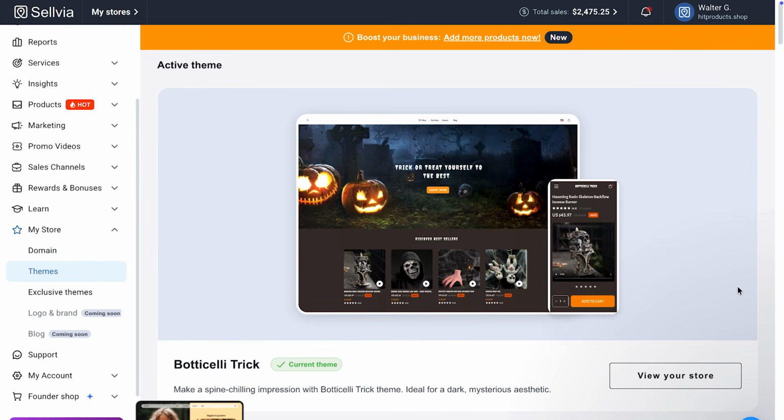So a lot of it is about how the layout moves customers towards the click, right? How it moves them towards products and towards the checkout, right? So the layout, it's not just about looking good, right? The layout also has to have a certain flow to it that moves people towards the checkout, right? So same thing, right? When Sellvia puts together its themes that you can buy and load up to your store, basically they're looking at what performs best in top stores, and then they're putting that together and giving you access to it, right? That's just the very basic rundown of all the things that I usually like to look at